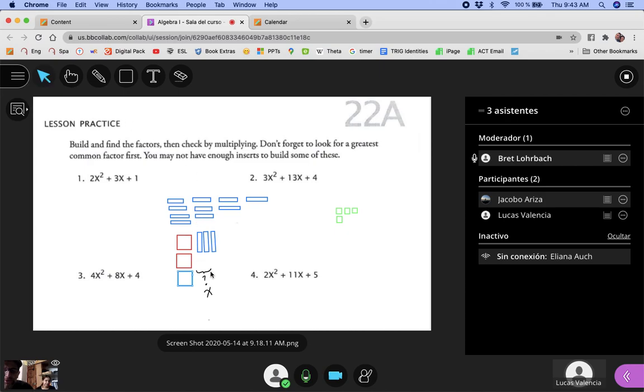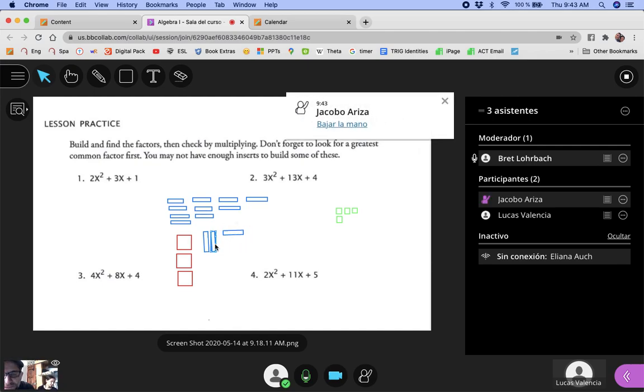Lucas, you said you were done. Explain to us how you set up. No. I made a mistake, because I thought it was just copying what you did, but no, I'm stuck. Okay. I'm stuck. Remember, we have got to keep the greens and the reds as factors, which means length